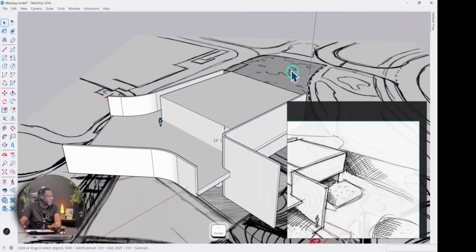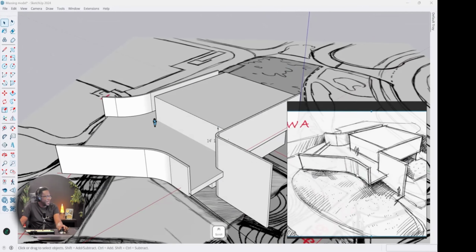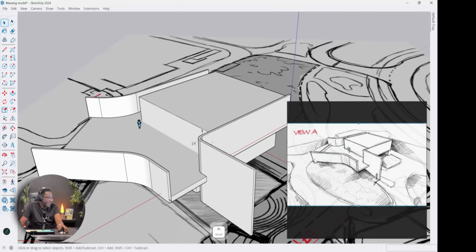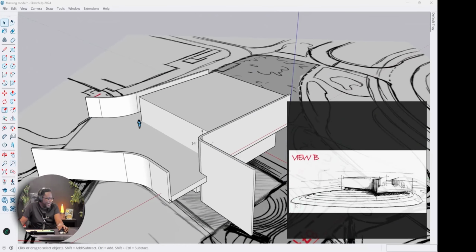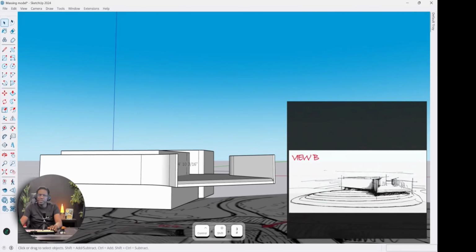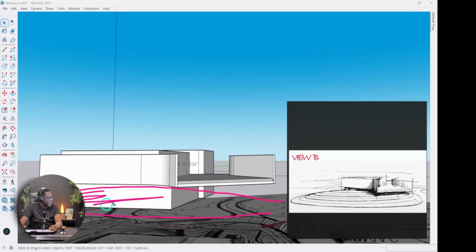So when we look at this sketch now, we can see that this looks a little similar like that. Now, of course, what we're missing is we need to have this on a mound, because it's showing that it's on like a little hill, as we can see here. So when we take this view, we should actually be seeing a kind of hill like that, and then this is a cantilever section there. All right, so we're going to go ahead and do that now.